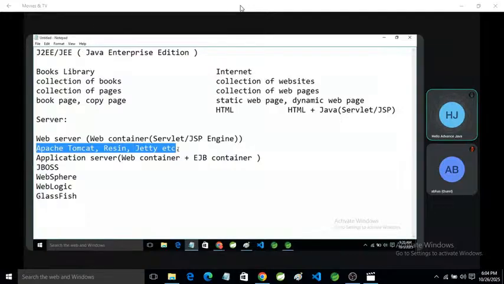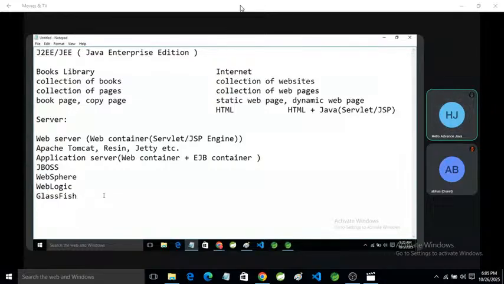But JBoss community provides the JBoss application server, IBM provides WebSphere, Oracle provides WebLogic, and Sun Microsystems provides Glassfish. So these are the servers.